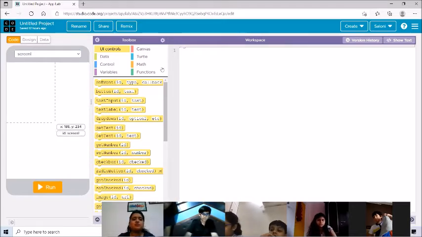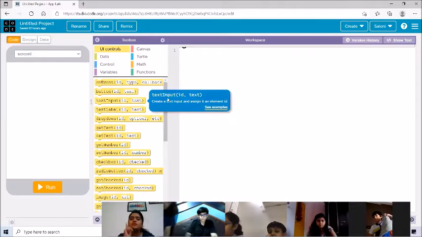Now we'll understand 4 steps. Okay, 4 steps to create an app. The very first step is that you have to know the purpose of your app. Purpose we are already aware of. We know that we are going to create one calculator today. So we are clear with the purpose of our app. Okay, so we are done with the first step.